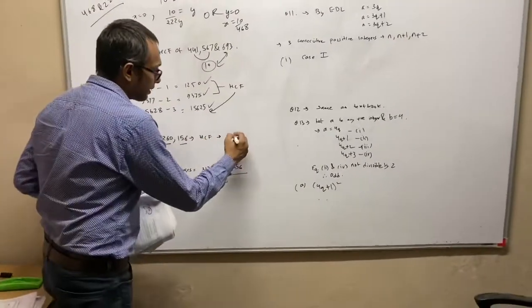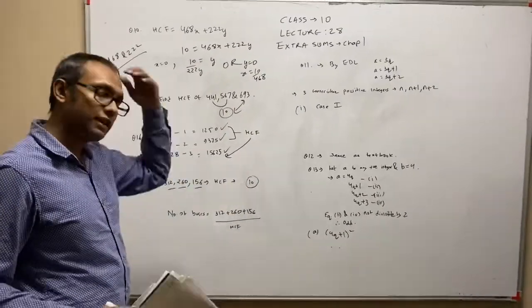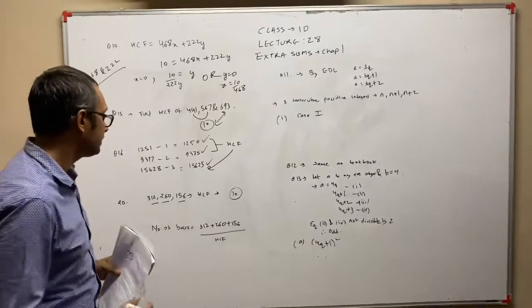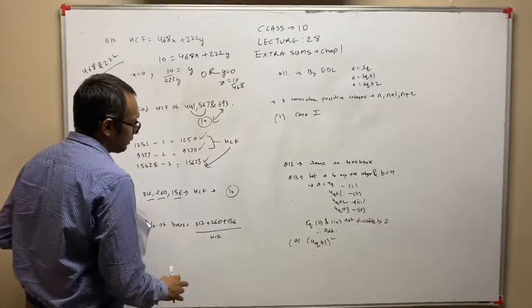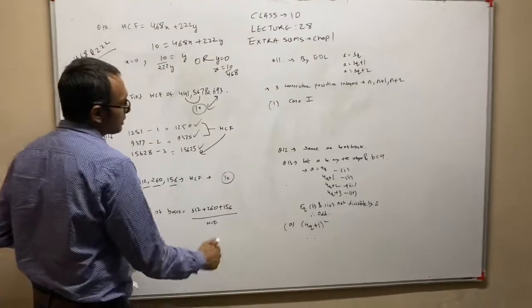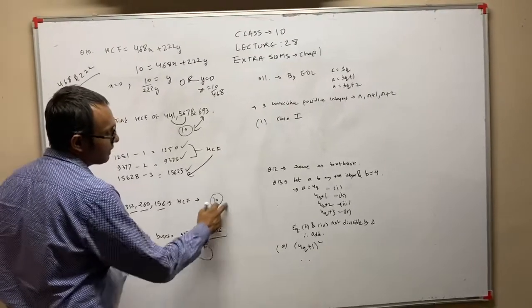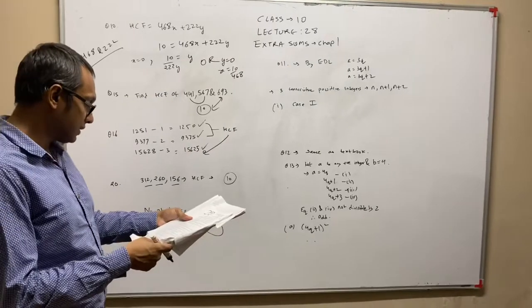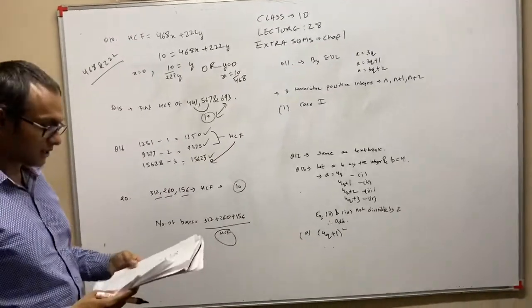Suppose the HCF comes 10. Again, this is an imaginary value, you will not get it as 10. But suppose you get the HCF as 10. Then last step is you have to find the number of buses. So you add up the total number of students and divide by the HCF, whatever you get. Okay. This was question number 20. So 10, 15, 16, 20 we have discussed first.